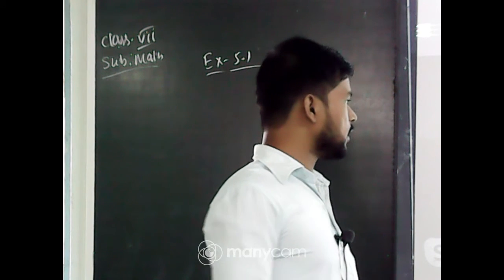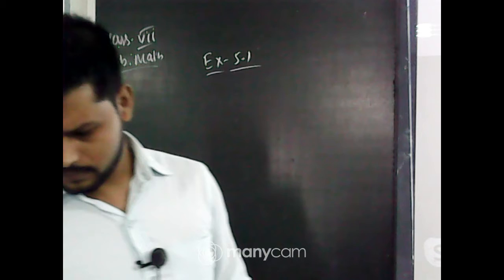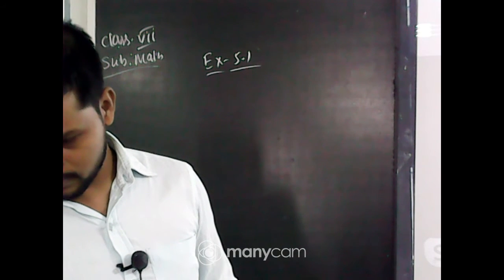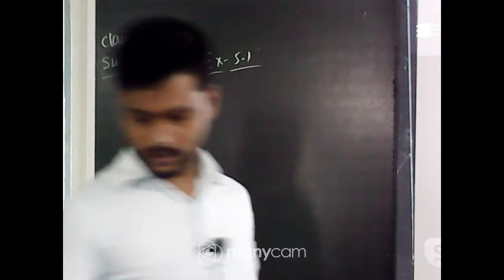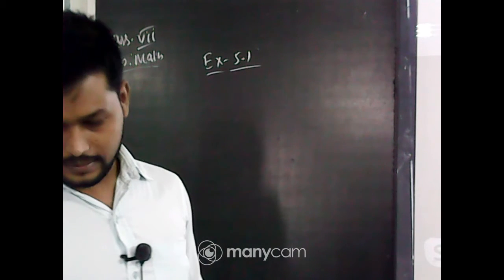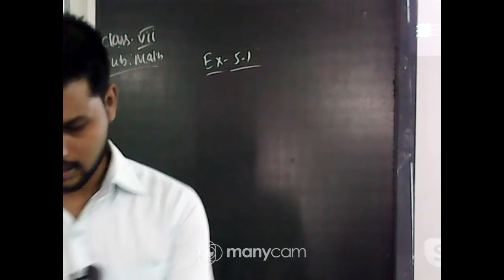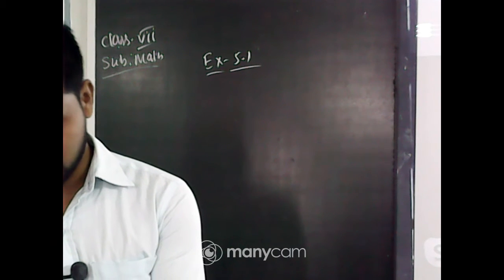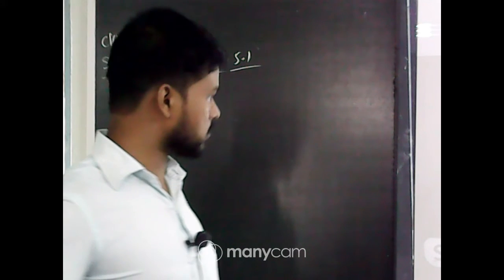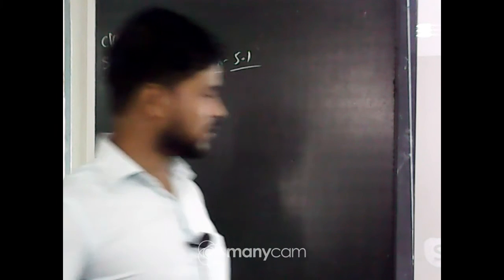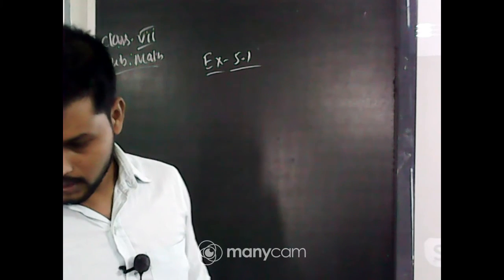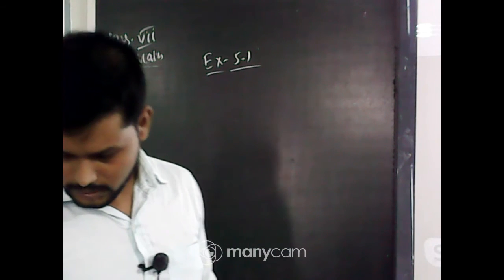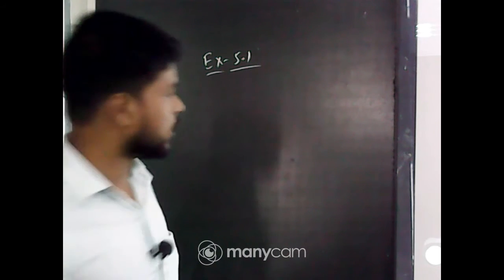Yes, vertical angle is not discussed. Okay, let us complete this exercise, and then when we discuss alternate interior angles and corresponding angles, in that part I will include the vertical opposite angles also. Thank you for reminding me. Okay, so the first question is to find the complement of 20 degrees.